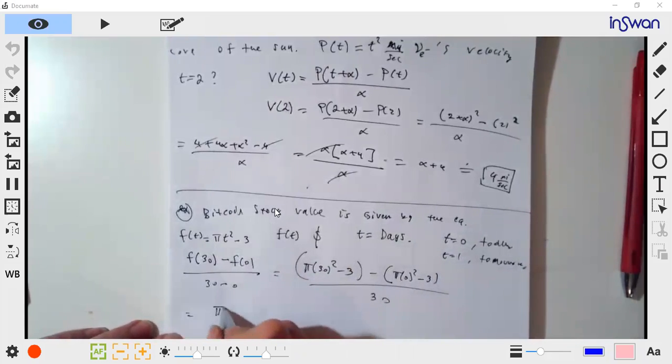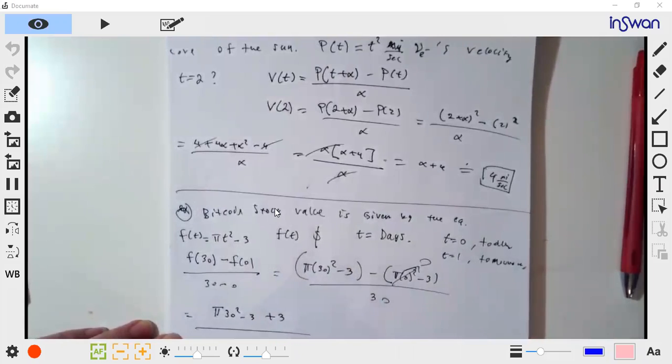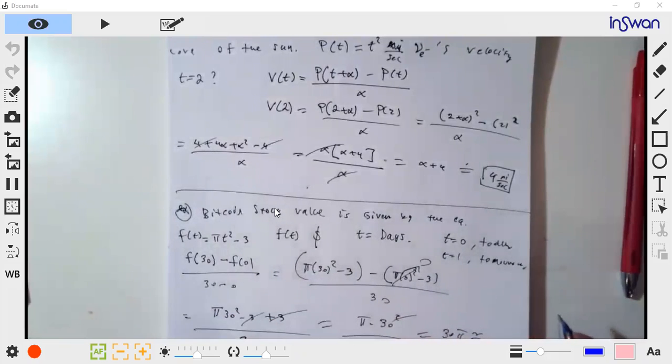The 3's cancel, so we get pi times 30 squared all over 30. Cancel this out, so this is 30 times pi, which approximates to, when you plug it into your calculator,